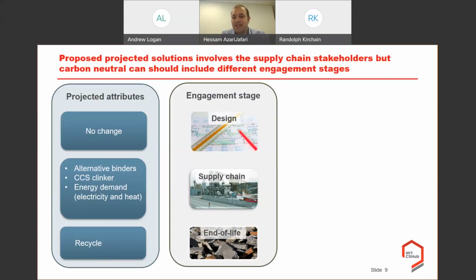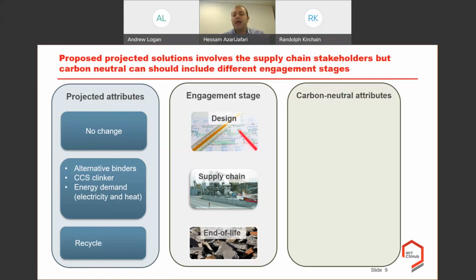In other words, we can see that in different locations, we have different goals and different milestones for achieving a specific amount of alternative binders or carbon capture and storage, for example, for chemical production, or the energy demand and the GHG intensity related to the energy for both heat and electricity, which are mostly related to the supply chain engagement state. But we broadened this and we included the designers and end-of-life managers to achieve better solutions or carbon neutral